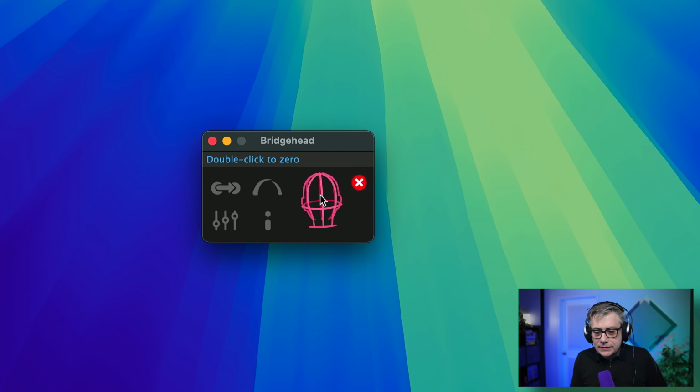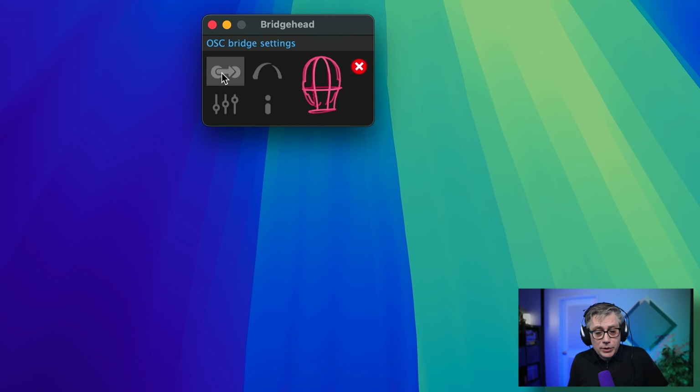I can double click this dummy head, and that will essentially set that back to the default position. I might need to do that once in a while. If you're working with head trackers, you know that they can drift a little. So once in a while, you probably need to click here and reset everything. Now, in my particular case, because there's so much electronic interference here, that might actually happen a little more often than in your particular case.